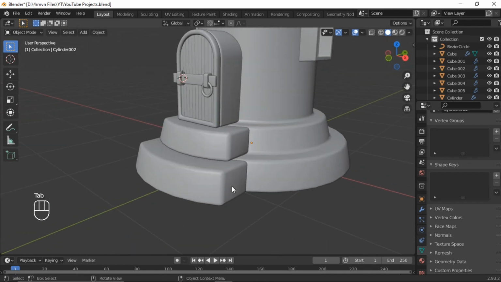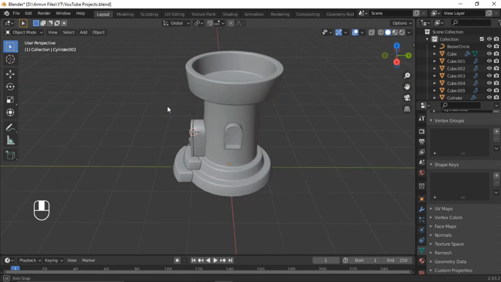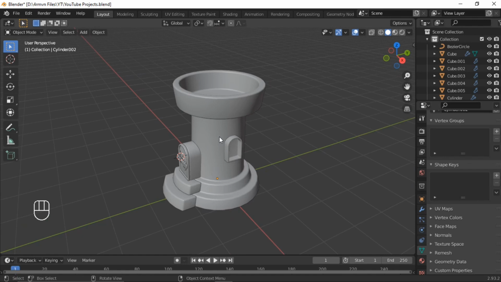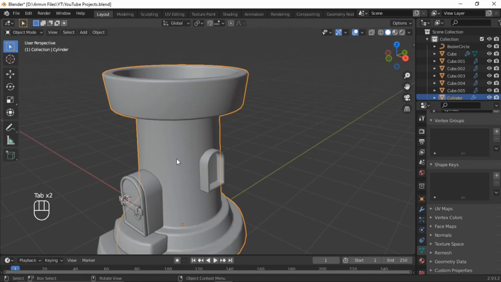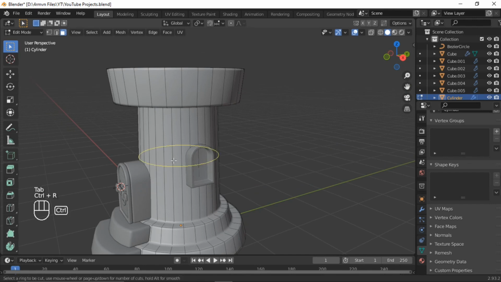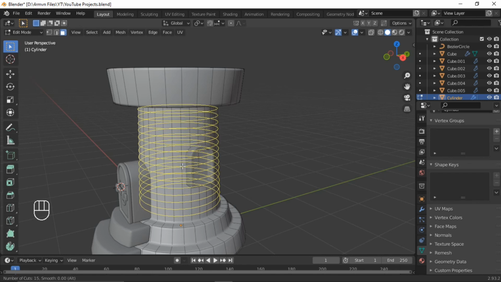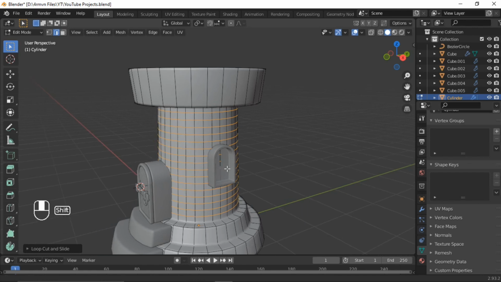So there we go. Now we have stairs, entrance, and our main Watchtower object. Now we need to add some details. I want to add some bricks that stick out from the main building. So I'm just gonna add a lot of loop cuts here, let's say 15 or 16, and then I'm just